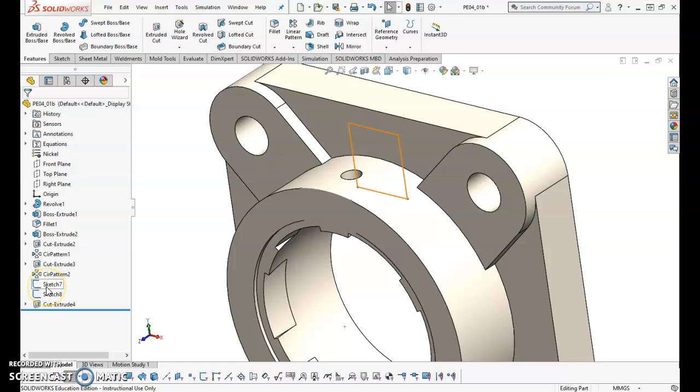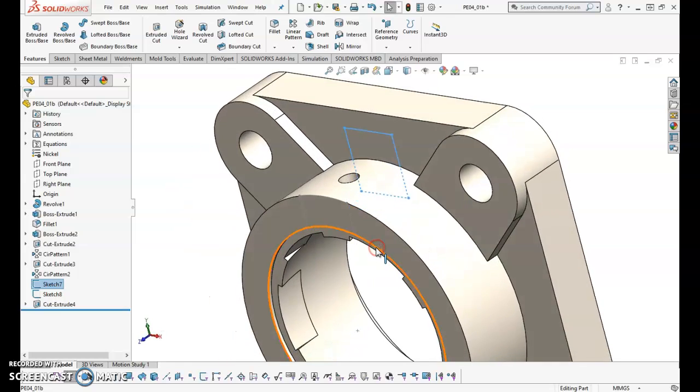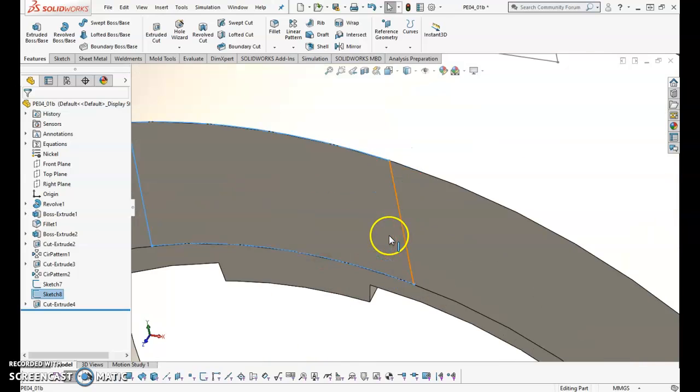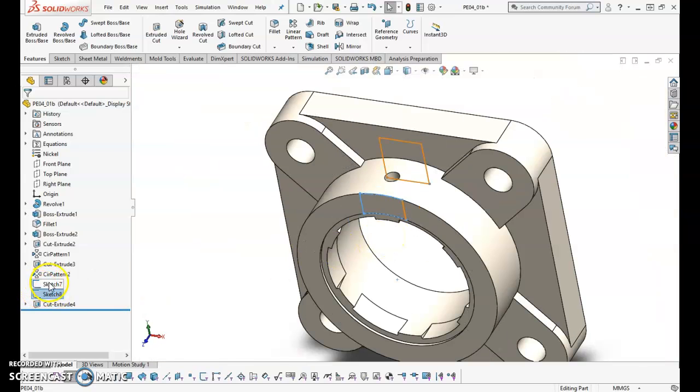So you need two sketches as well, and they need to be at least on parallel. They need to be on parallel planes for the most part. So what we have here is sketch 7, and here we have sketch 8. Okay, so if I were to click on Loft Boss Base,